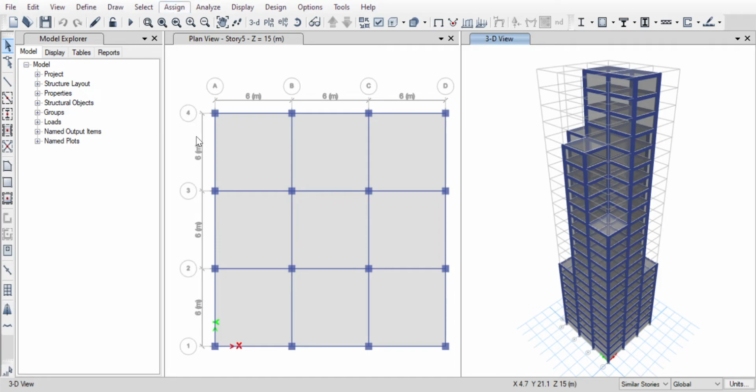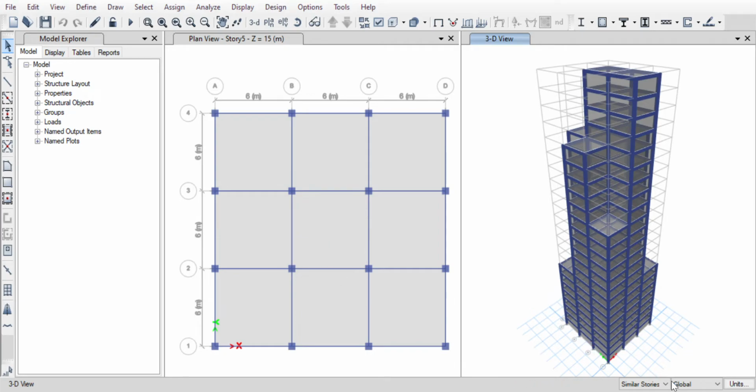From shell, we can select uniform and the load can be applied accordingly. So 2 kilonewton per meter square of dead load is applied to all the shells by selecting the shells, and then different live loads are applied.